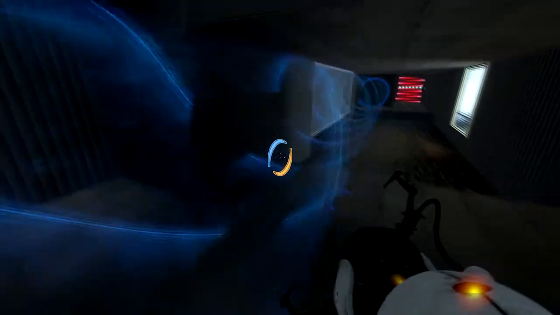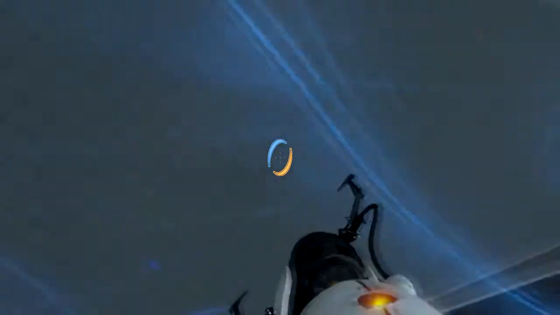Oh, a button. And then a location to use an excursion funnel. Oh, well, certainly I'm just supposed to get across here, right? I mean, that's easy enough. Why is there a glass wall, though? I mean, for looks, it looks good. But other than that, I mean...